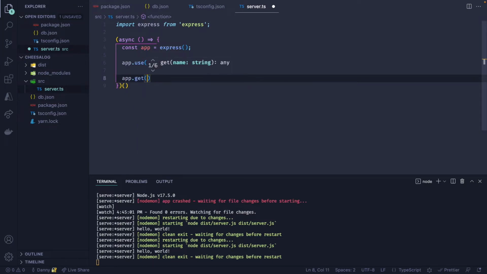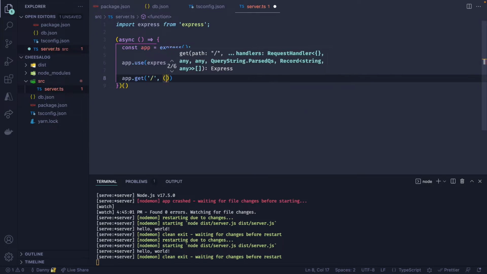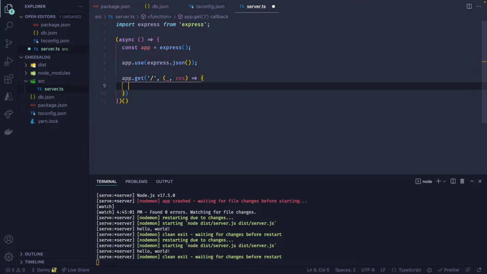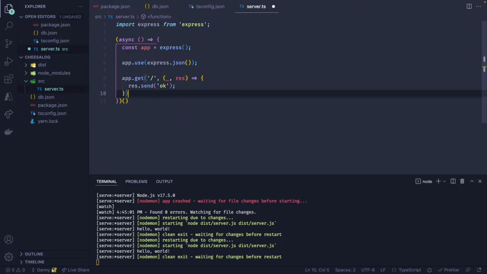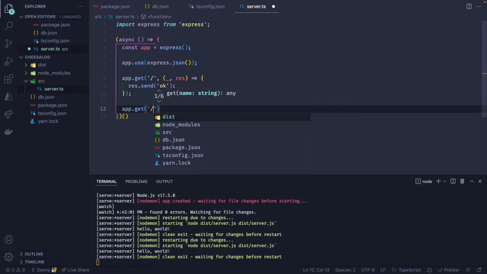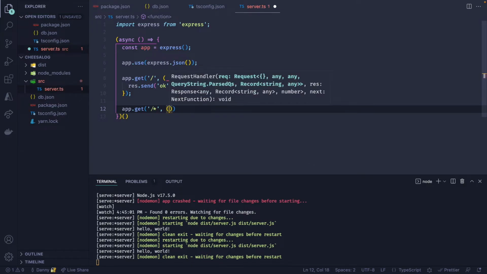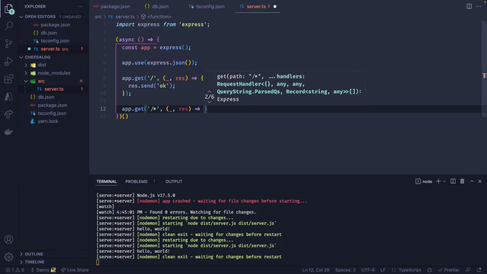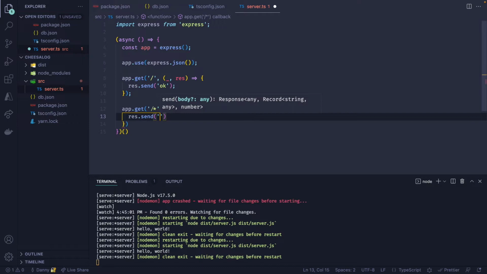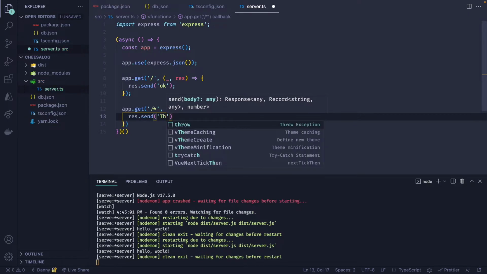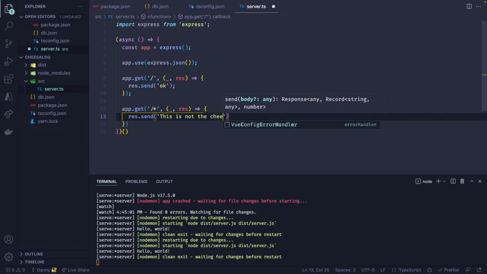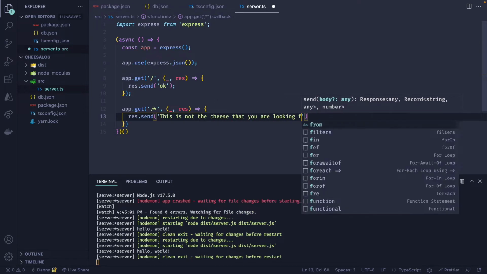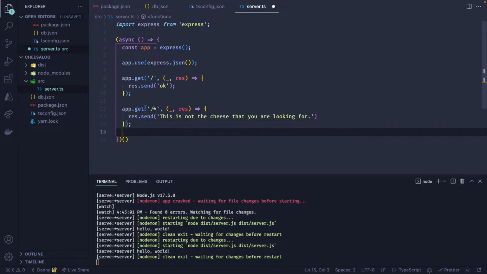And app.get, so just our health route, which is going to be request, res.send okay. Our catch-all might as well, since we're here. Res, and this is going to be res.send: this is not the cheese that you are looking for. And finally, let's do app.listen,